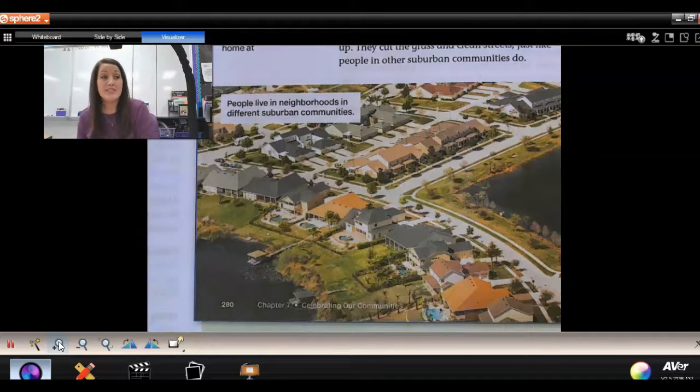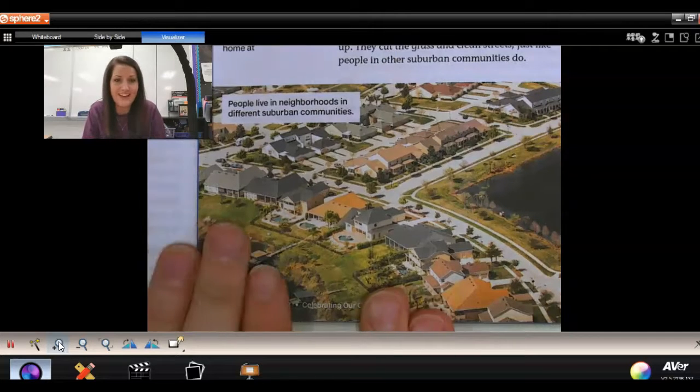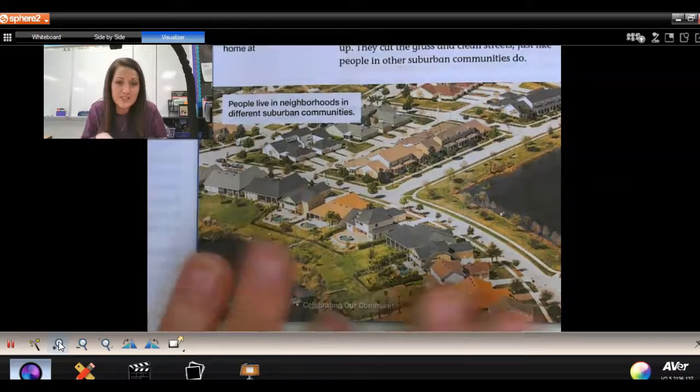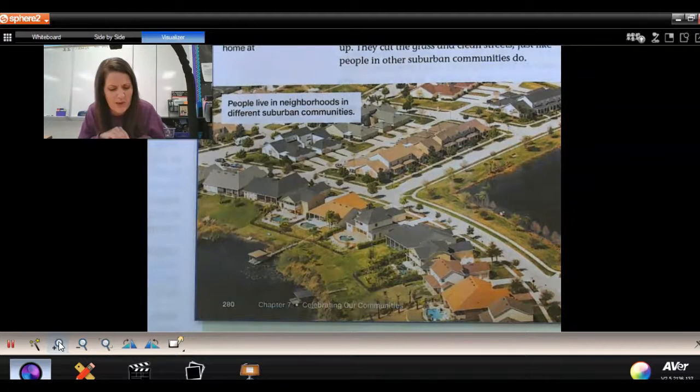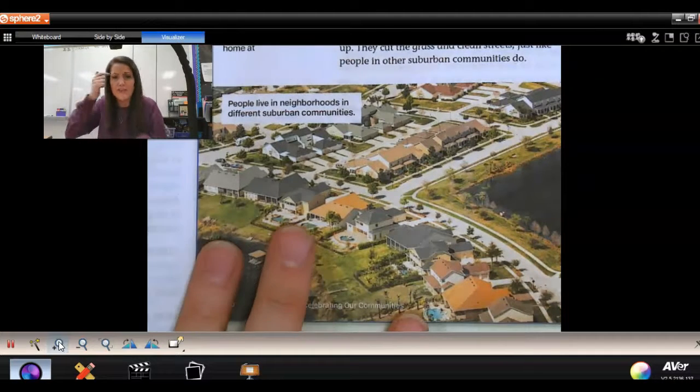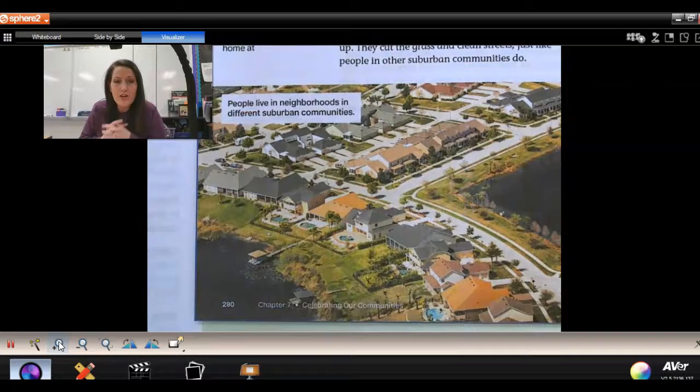If you live downtown Indianapolis, you might have to live in an apartment, or the houses might be super, super close together, and you're in the big part of the city that's hustle and bustle and busy, busy, busy. That's not the suburbs. Suburban communities look a little more like this. Mine looks similar to this, but my house isn't that fancy. It doesn't have to be that fancy of a house. It's more about your location to downtown. And I live 15 minutes away, so I live in the suburbs.